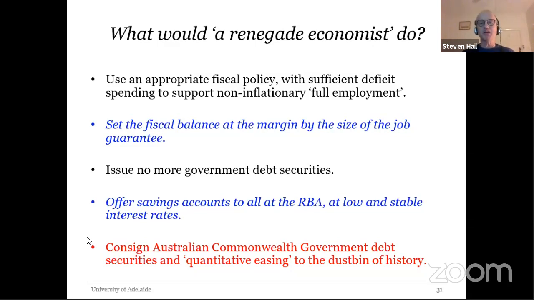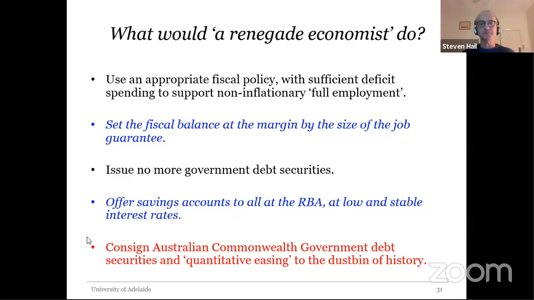There are people who are struggling with debt repayments and with rent payments on their home. And there are people who are struggling to maintain their standard of living because they've just seen their incomes crash as a result of losing their jobs or as a result of being forced onto the JobKeeper payment, which is a much lower amount of income than they're normally used to. So I would have been moving the government's fiscal balance much further into deficit than it has